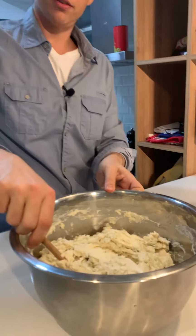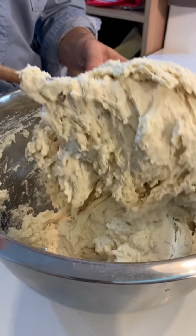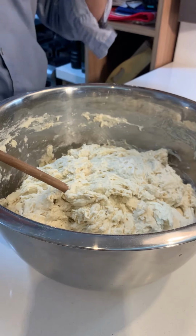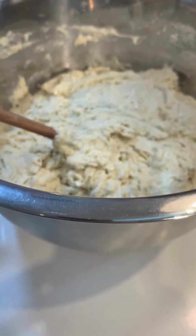Look, there's no flour left, just a mixture. I'm gonna leave it here to rest for half an hour. Okay, now I'm going to uncover it. It must